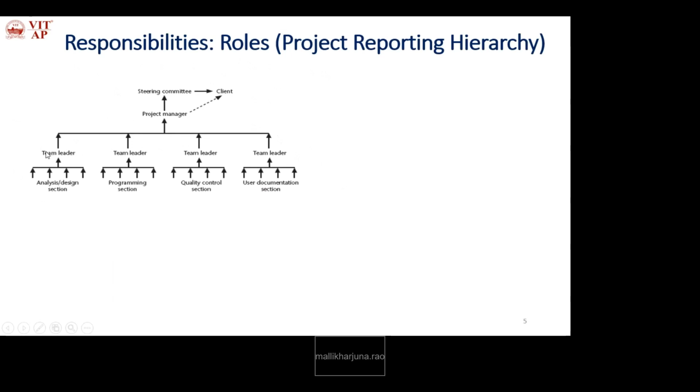The large scale project is divided into various smaller chunks called modules. Every module is led by a team leader, team leader 1 to team leader n, various team leaders. The team leaders further divide into various groups. The groups have the project phases, the software development life cycle phases: analysis phase, design stage, development stage, testing stage, maintenance stage, etc. So depending on the project type, we will define the various levels of people.